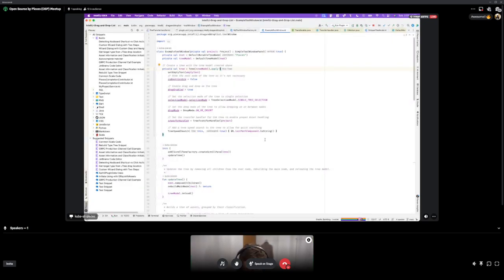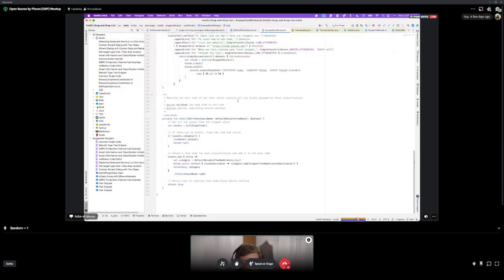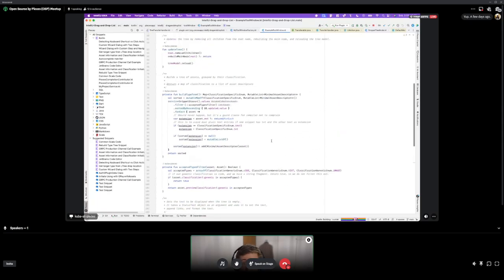And so what happens here, this is quite a long file. As you can see, it has over 150 lines, which is, by my standards at least, a very long file. And that's because a lot of things are happening in here.